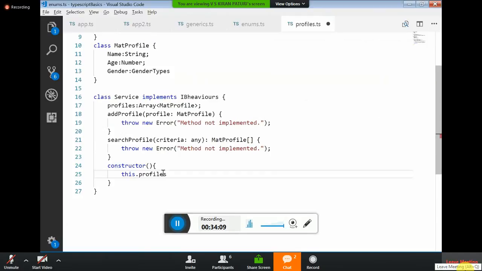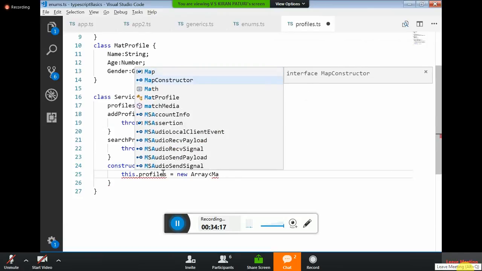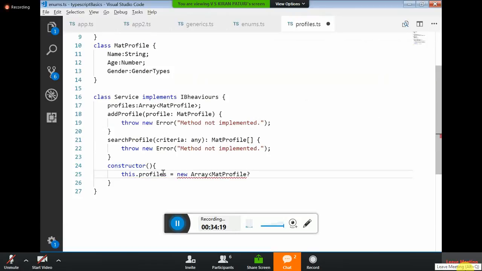This dot profiles equal to new array of type what? I am creating the profiles as an array. Am I clear? Now,